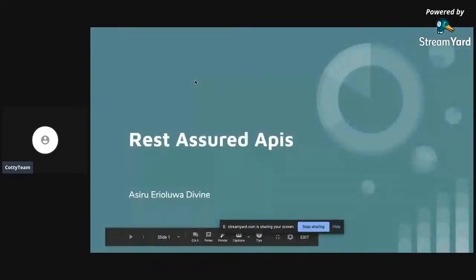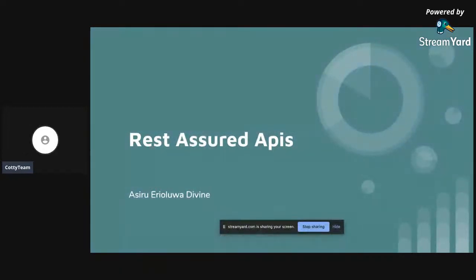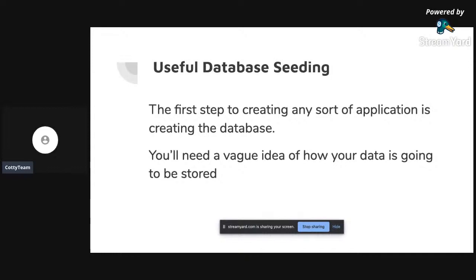Yeah, so I'll be talking about REST Assured APIs. That's just like a form. It's majorly how to write APIs that you yourself can understand and you won't have a lot of issues while writing the APIs. So the first thing to do when you are writing your API is to strategize